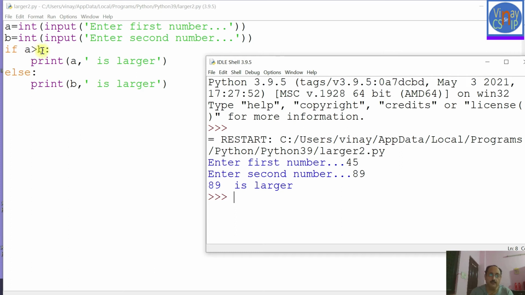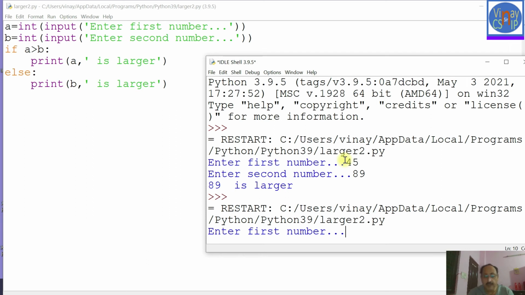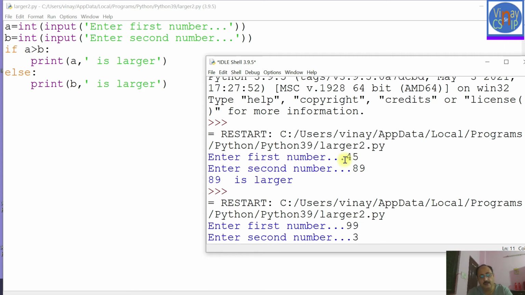The condition is false because 45 is not greater than 89. So false means it will come to else, and it will display print b, which is 89. So 89 is larger. It gives you the answer this way, right? So again I'm running this program, run module. This time I'm intentionally giving the first number to be larger, and the first number is 99 and the second number is 34.